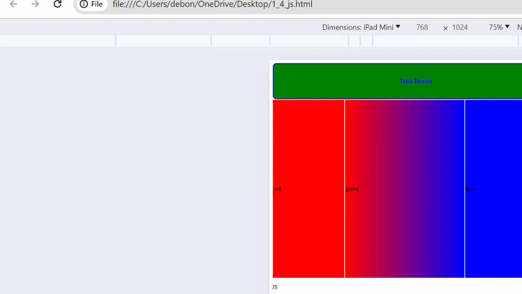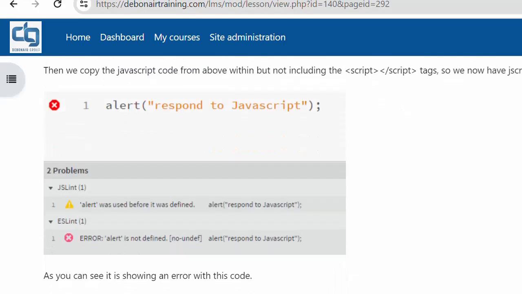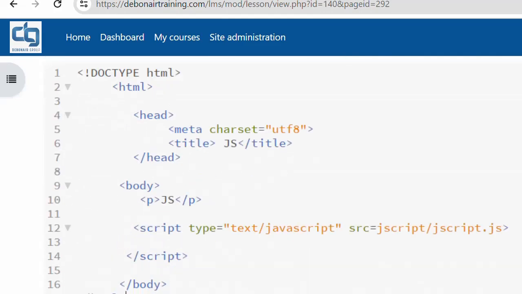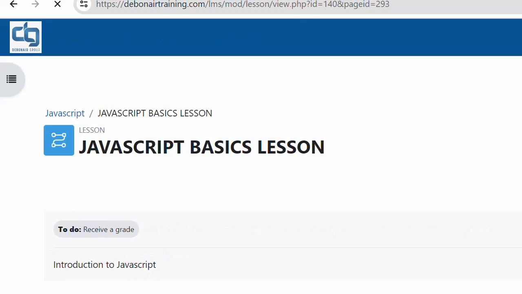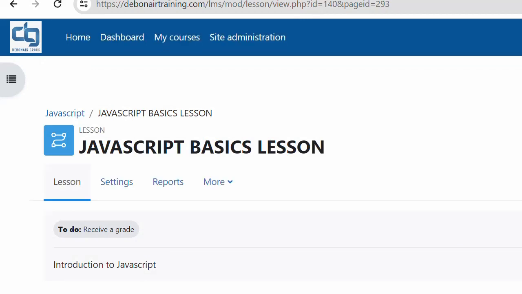Okay, so the next thing we're going to do now is, we've done the first one, and then the question is: JavaScript should be written only in the head of the HTML tag, true or false. So that's a question for you. Once you've signed up for the course or you requested to be signed up for the course, you'll be able to answer that question and determine if you know the correct answer. So let's go